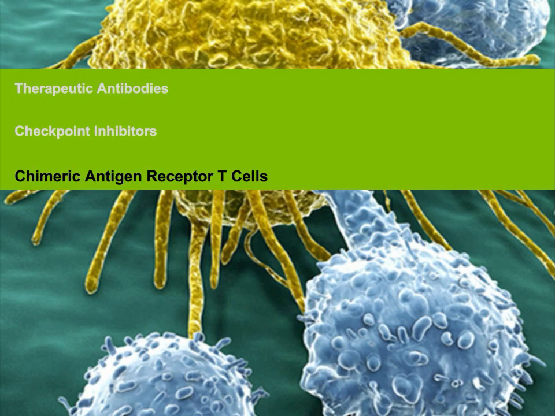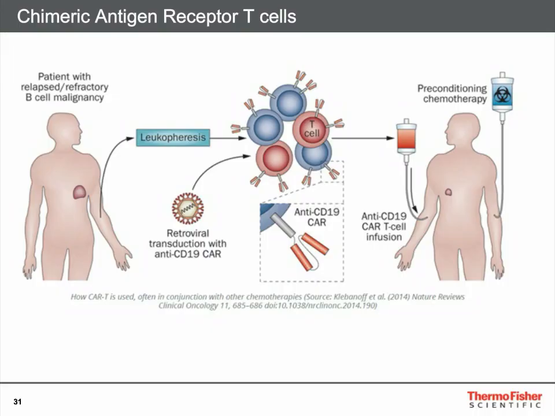One final field to mention in the area of immuno-oncology is encompassed by Chimeric Antigen Receptor T cells, or CAR T cells. So many different approaches are taken to recognize what was ultimately a similar product, which is the delivery of an artificial T cell receptor into a patient's own T cells. And so typically this involves withdrawing a sample of a patient's own blood, or in some cases blood from another donor,